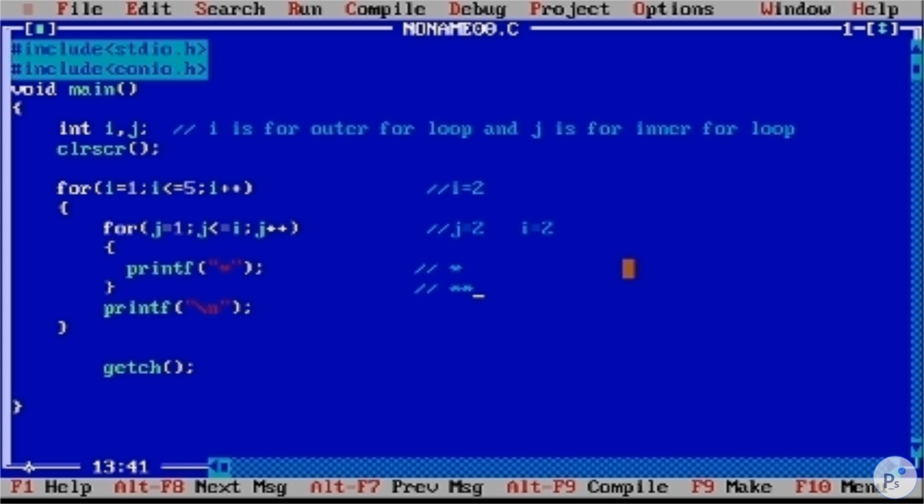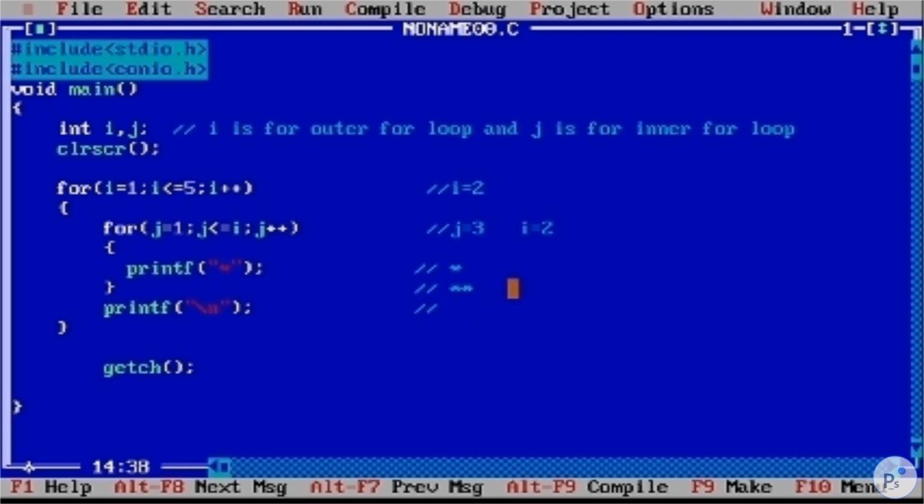Again it will go up to here and increment the value of j. Now the value of j is 3, and the value of i is 2, so 3 is less than or equal to 2, condition false, it is greater than 2. It will break the loop, come here, and again go to a new line, which means our cursor will move to here.